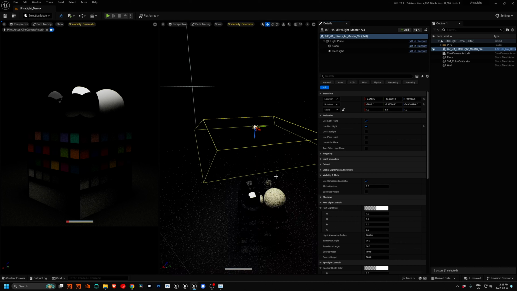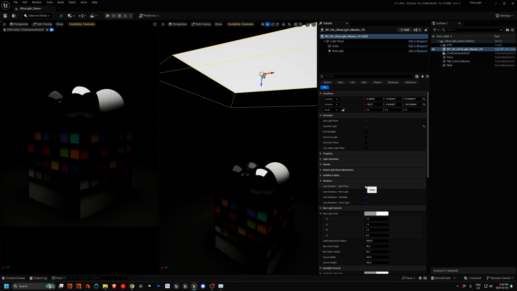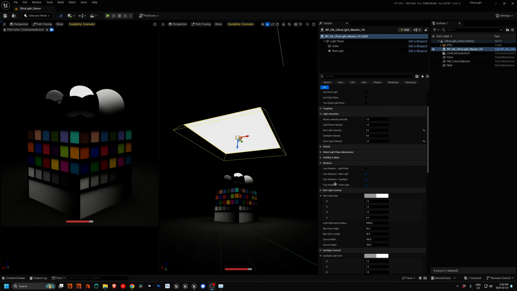Again, just a convenience tool. The shadow section provides individual control over the lights as well as the shadow plane. By default, lights are casting shadows and the plane is not. The next three sections are the light controls: rect light, spotlight, and point light. There are some common controls for each one and some individual that are relevant only to that